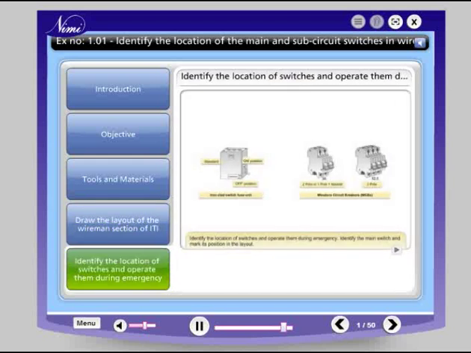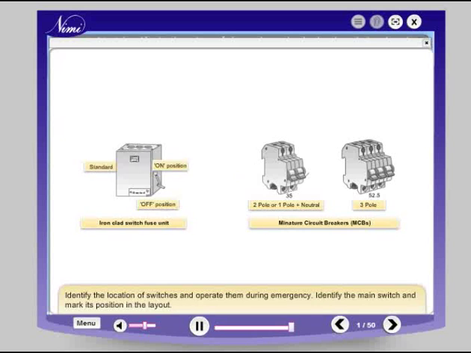Identify the location of switches and operate them during emergency. Identify the main switch and mark its position in the layout. Identify each of the sub-main switches, their area of control in the section, and mark them on the layout. Identify 3 or 4 spots in various locations of the wireman section layout and identify the respective